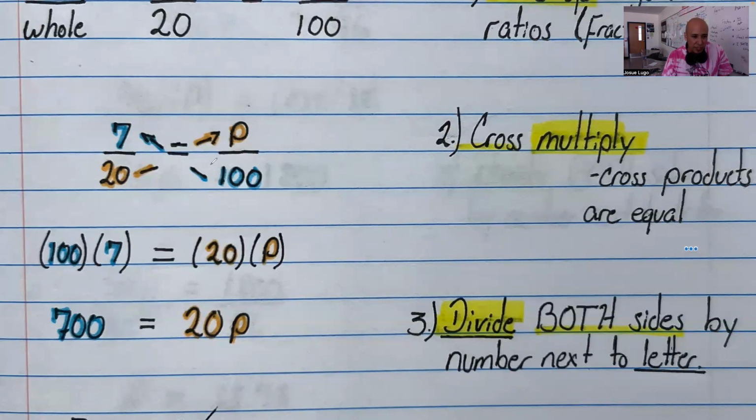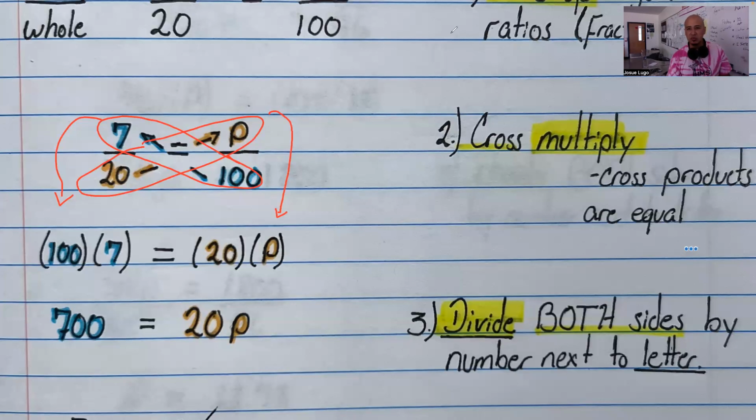Well, ladies and gentlemen, we know that these two ratios are going to be equivalent, right? And so we know that we can cross multiply. So I'm going to multiply 7 times 100. So 7 times 100, that goes down here, and 20 times something. Now, I don't know what that something is, so I'm just going to use a P right here. Okay, but 20 times something should be equal to whatever 7 times 100 is, because we want these ratios to